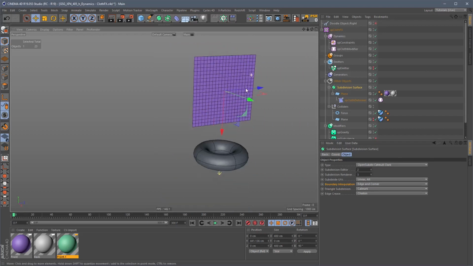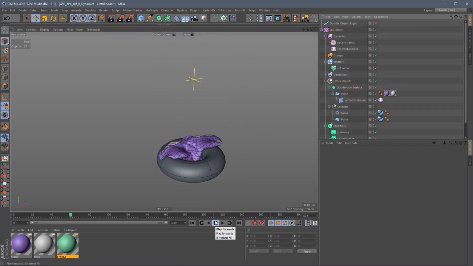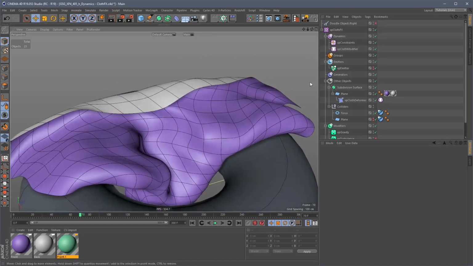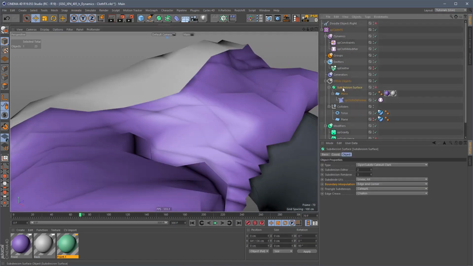I'm going to change it to isopar mode, just so we can see the original subdivision. And then we press play, and we can see it's much smoother and nicer. Okay, but can you see something happening in this cloth? If I actually turn that smooth off,